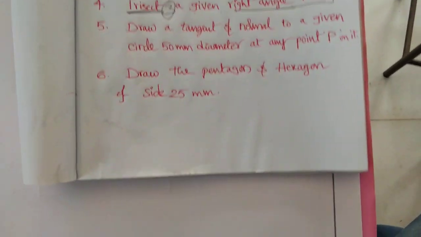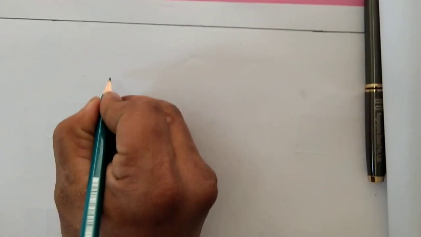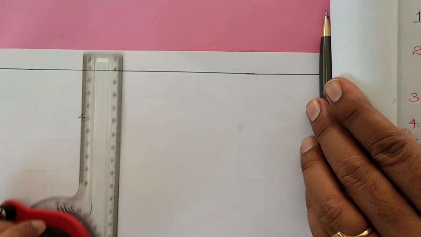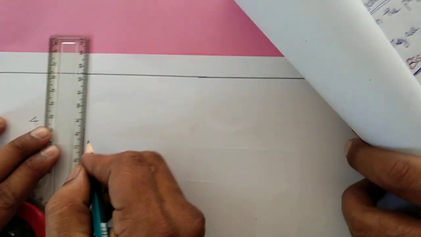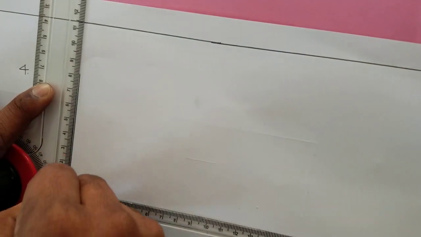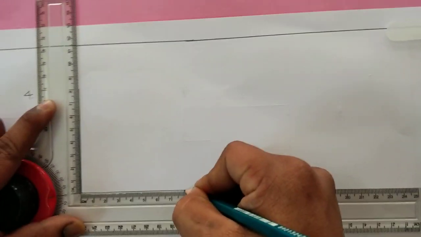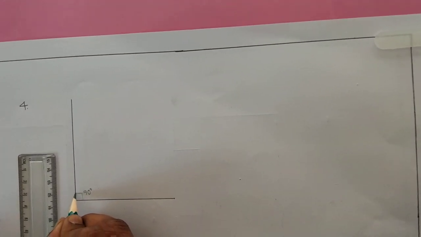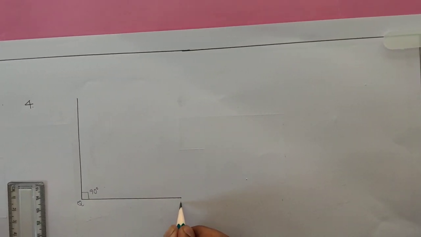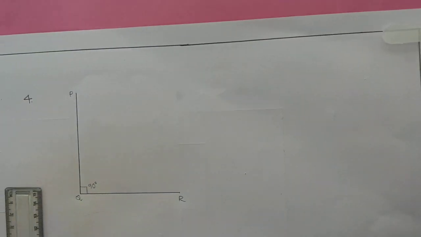So we are going to construct PQ and QR with 90 degrees inclination. Before that, here we can place the question number, that is question number 4. And here we can draw two lines. We can take any length. I am taking 8 centimeter height, 8 centimeter length. So this is 90 degrees inclination. We can show this one as 90 degrees. We can write it here. And we are having PQR, so that is why we are writing PQR here. PQR, that is over, 90 degrees is over.